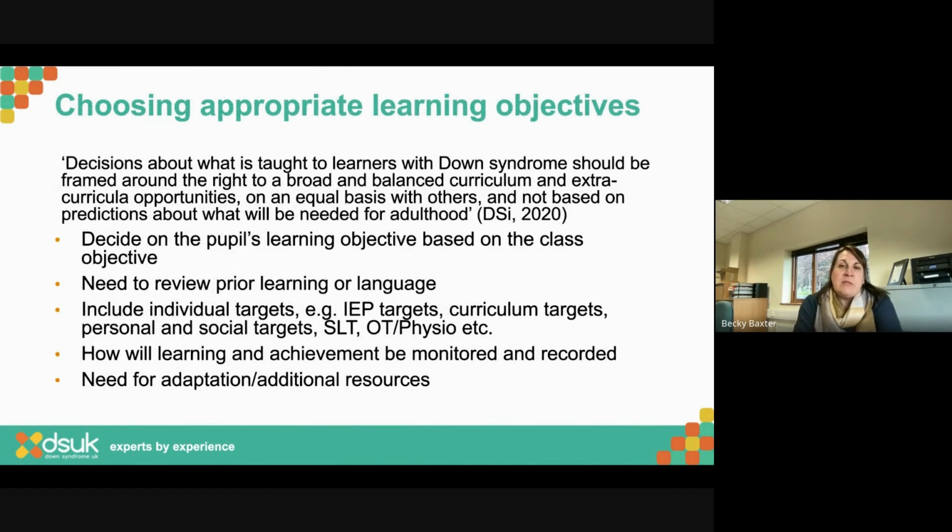This comes from something called Down Syndrome International Guidelines for schools. Decisions about what is taught to learners with Down syndrome should be framed around the right to a broad and balanced curriculum and extracurricular opportunities on an equal basis with others, and not based on predictions about what will be needed for adulthood. And I think